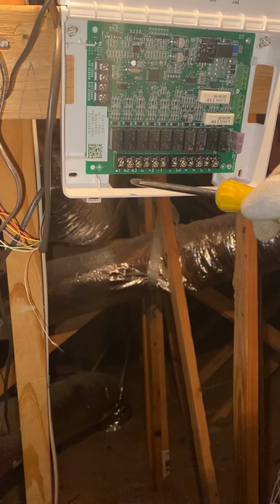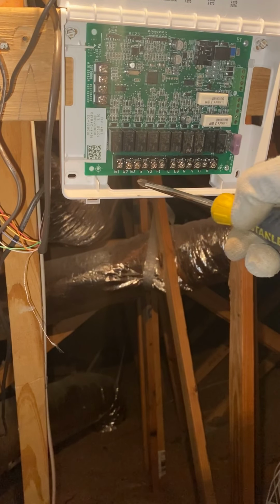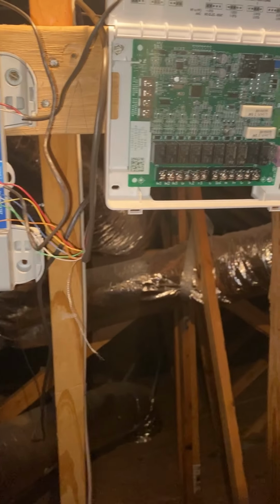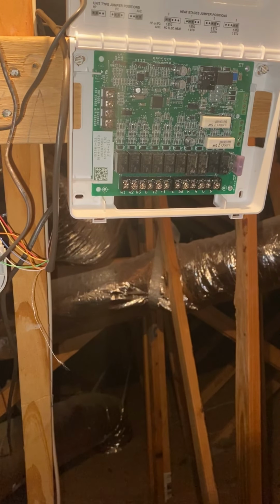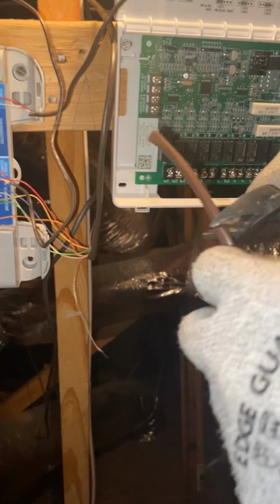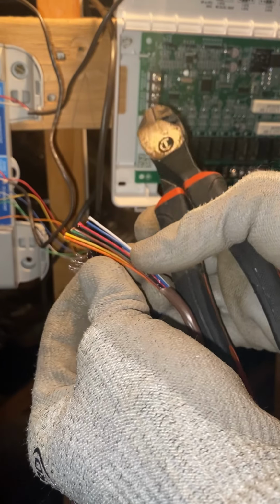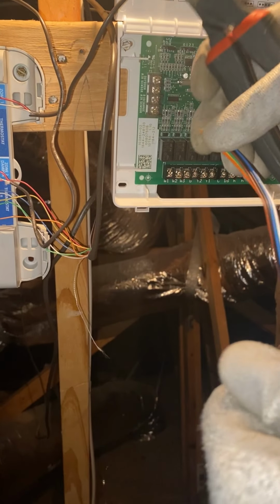All right, so now that we got both of these installed, the interface module and the hub, we are going to be connecting our terminals down here to the zone board, and then we'll be connecting these communicating terminals right here to our hub. Let's get that done. So we're gonna start with some clean wire. We're gonna go ahead and strip this guy, get our rope. Then we'll use the rope to actually pull it down, like so. And we'll cut this off,